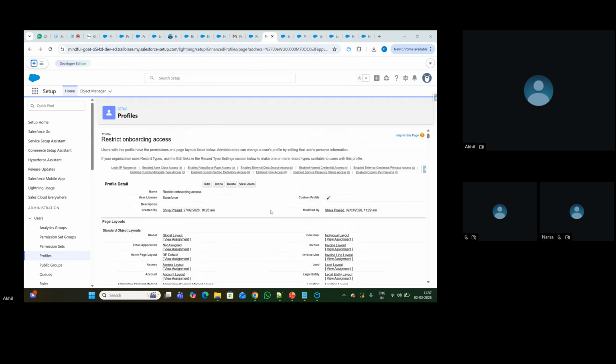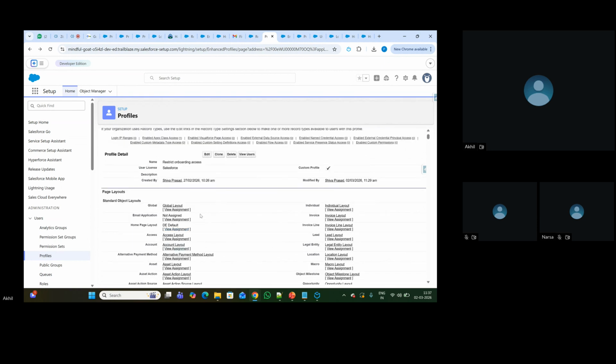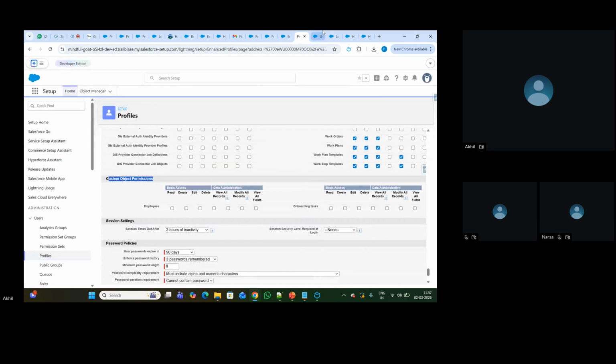So this is about profile. With the help of profile level security, as part of the sharing security model, we can control all the things in Salesforce. We can control and give access to the users based on various metadata like page layouts. For which page layouts should we give access? We'll have page layouts in the object, right? Once you go to object,